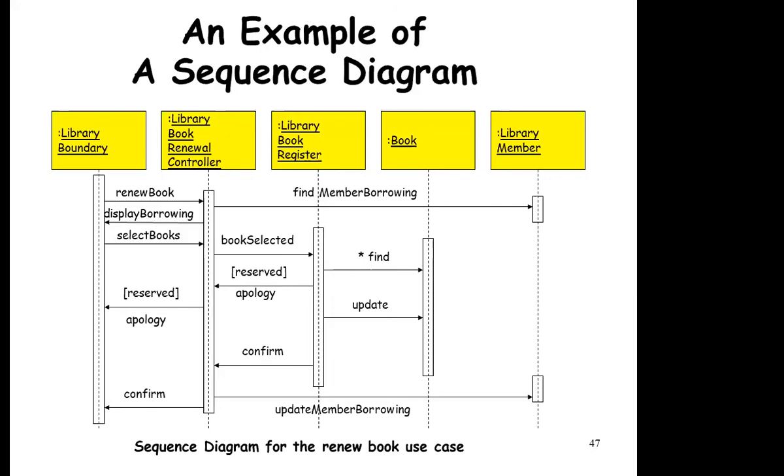The objects are shown at the top. Just see in the diagram the yellow boxes. These are the different instances, different objects. So this shows how they interact with each other in a library information system. Here the main thing we are showing is the use case of renewing a book, how to renew a book. How all the sequence of actions between the different objects takes place is shown in this diagram. And this arrow helps you see from where the communication is being done. So it is from this side, then this object is called.